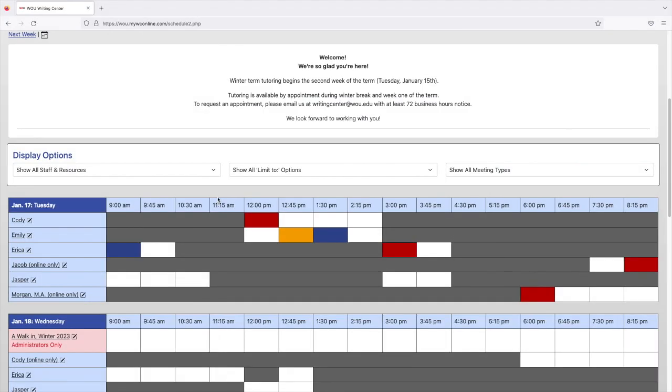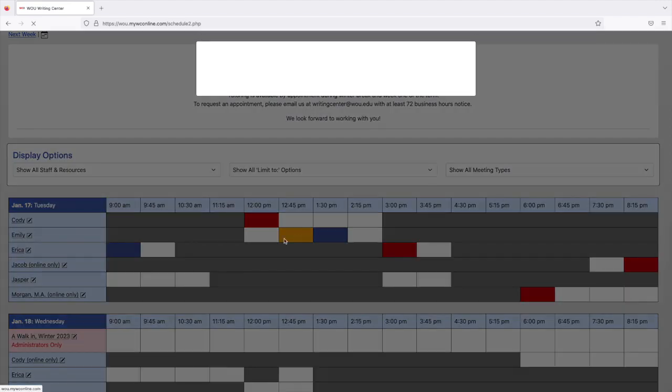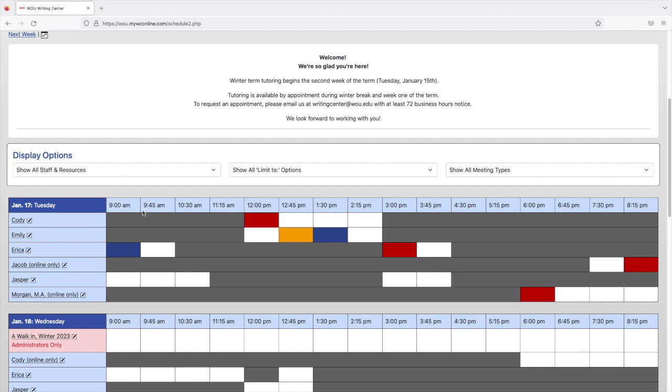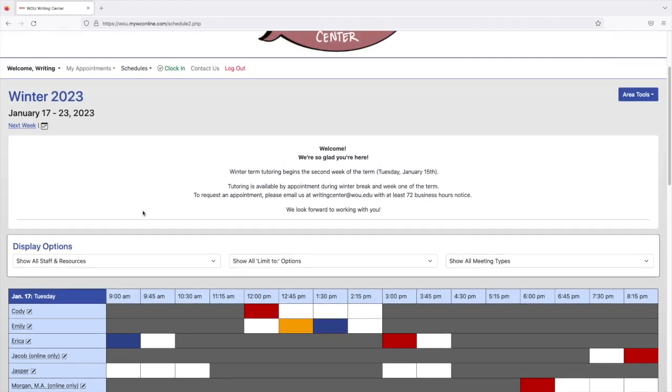Now, if you look at the scheduler, your appointment will show up in yellow. You should be able to click it, open it, and view your appointment. When you're ready to start your appointment, you'll be able to click on that appointment time, click Start Zoom Meeting with your tutor. Another way to make sure you've saved that appointment is you can scroll up to the top